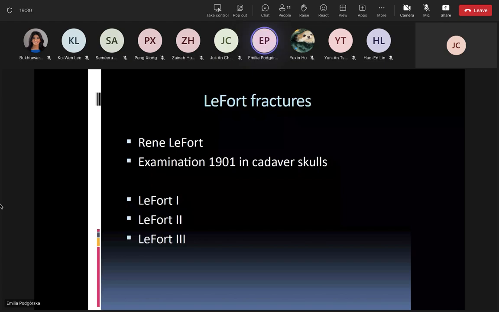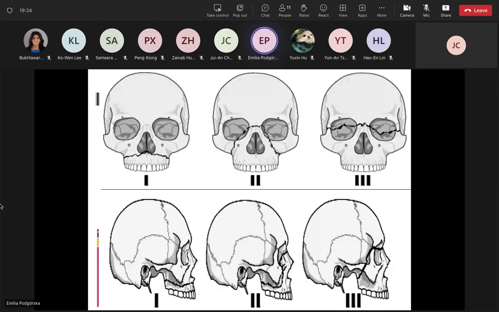On the picture, we have the systemic line, where we have fractures Le Fort 1, Le Fort 2, and Le Fort 3. And the next schema,